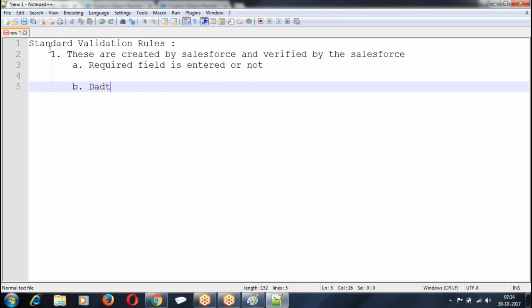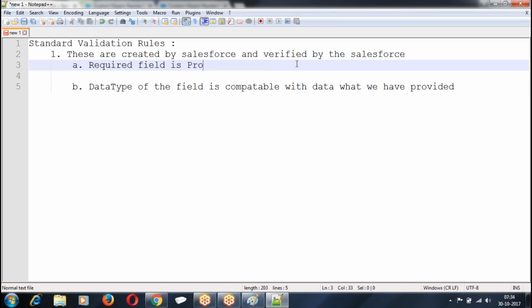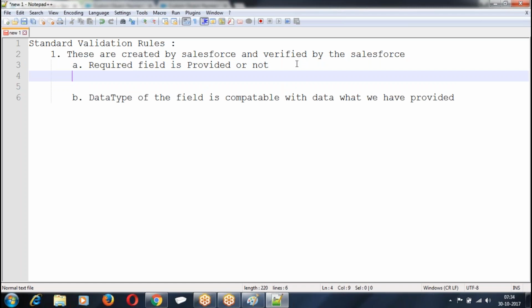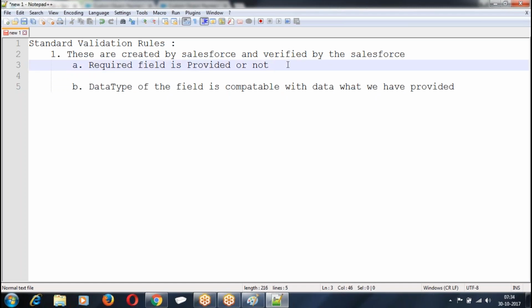Data type of the field compatible with the data we have entered. So when you say system validation rules, it is going to check whether the required field is provided or not, whether the data type is compatible with the data you have given. So this type of validations are verified by the system. They are called system validation rules.